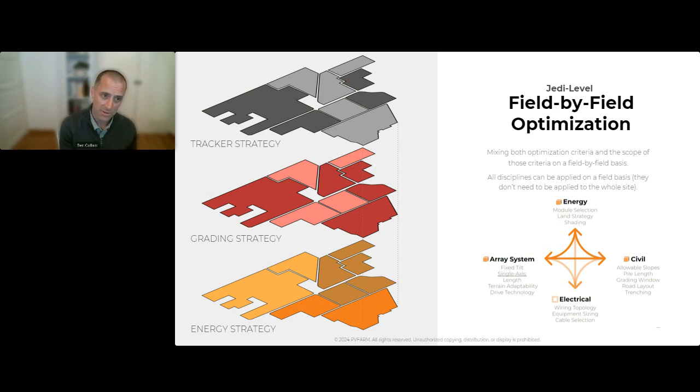You may have different tracker placement that you want to place, which obviously may inform your tracker or your grading strategy down the road. Your energy production, that could be your row-to-row spacing, that could be something related to the grading. We're able to layer these things in as fine a detail as you as the designer bring to the table. So, for example, if my site condition suggests that 80% of the site can be built using my favorite tracker and my favorite grading strategy and the things that make the whole process efficient,